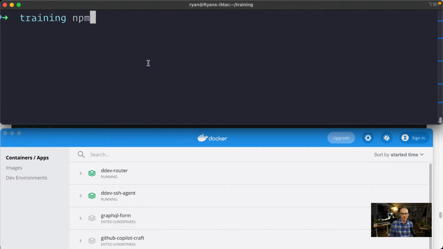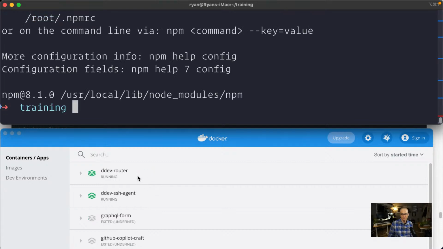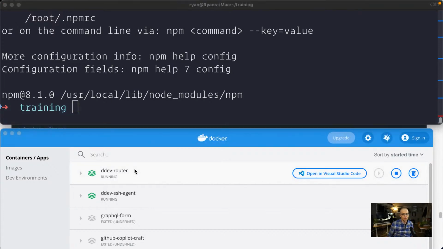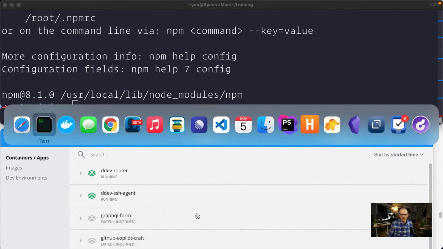So what's another one? npm. See it there. There it is. And then it shuts it down. That's pretty cool. So there's a little bit of a delay. It's not as fast as doing it natively. But if we look at the article again,